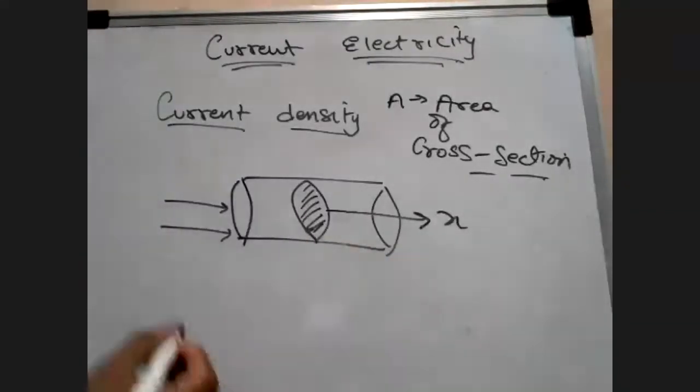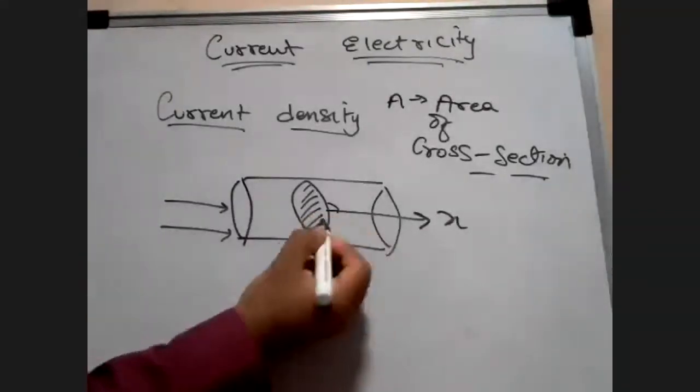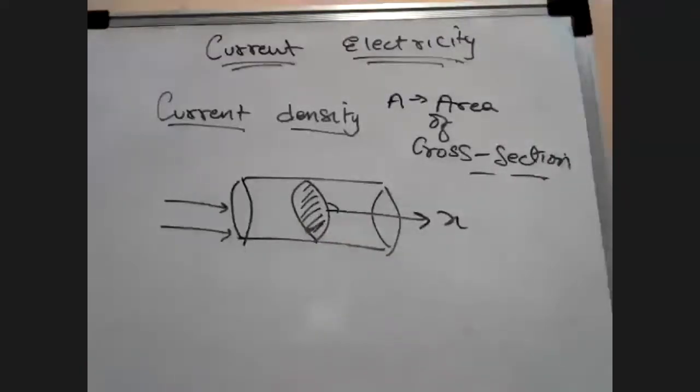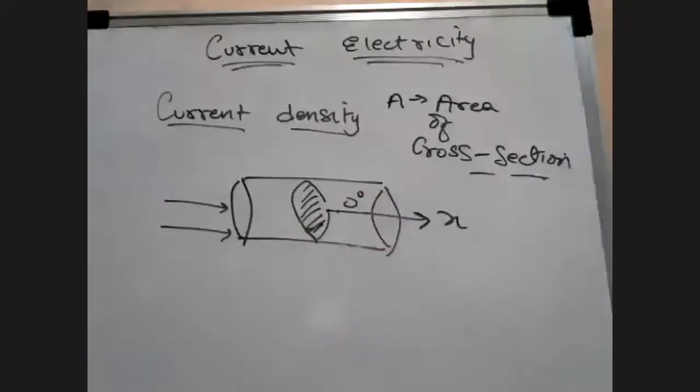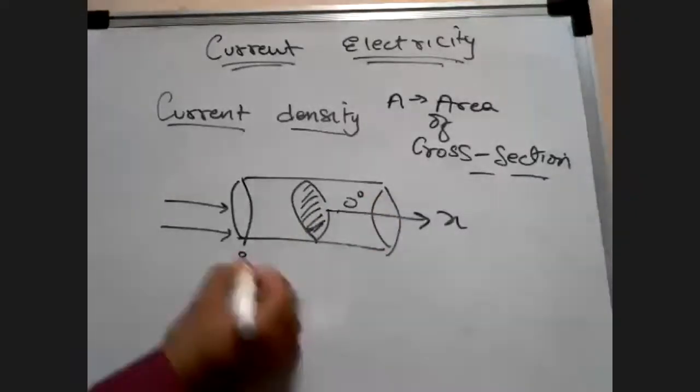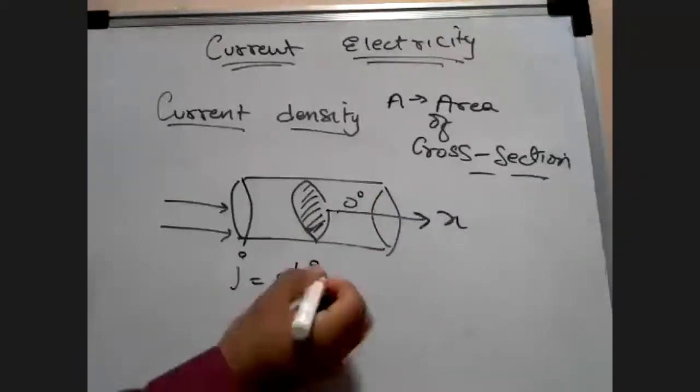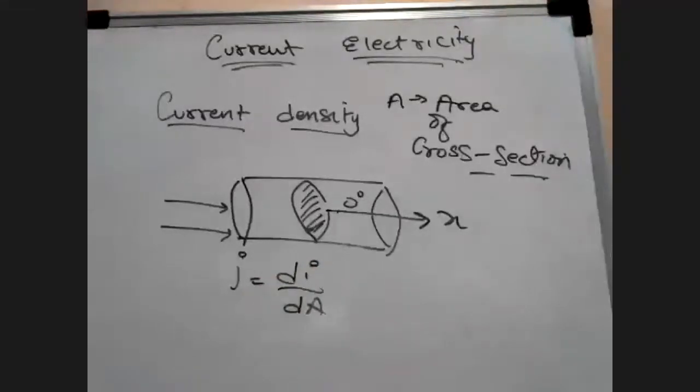Now you tell me what is the angle between the current and the area vector? It will be 0 degree. So what is cos 0? 1. So I will write J is equal to di upon dA. Why do I need to consider any component? I know it is 0°. That is how I come up to this term. You get clear? Or am I not answering your question? I have answered.